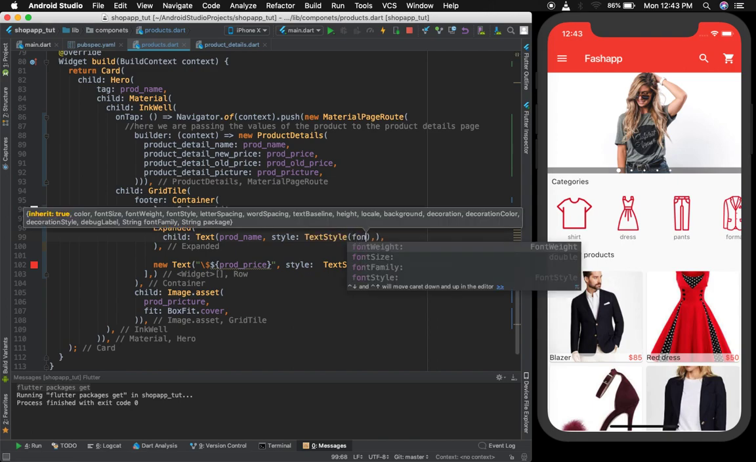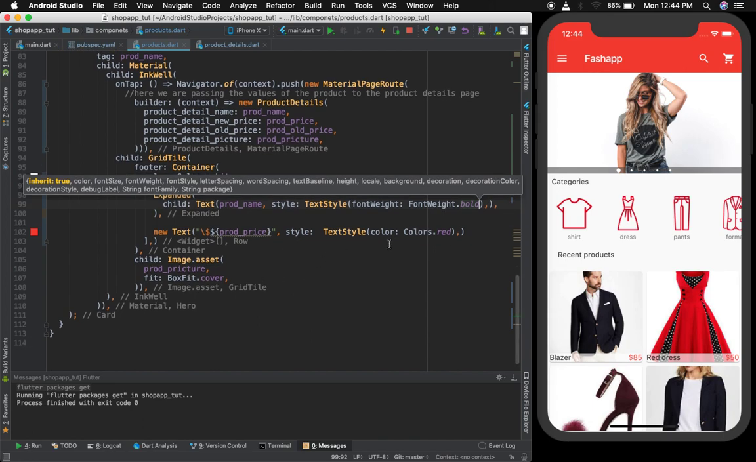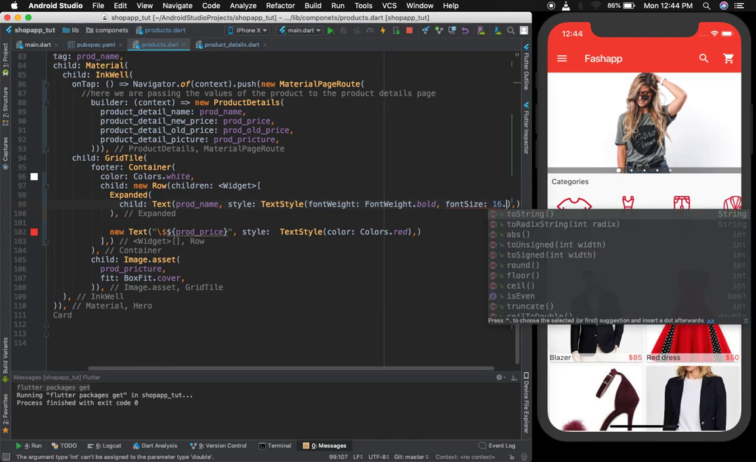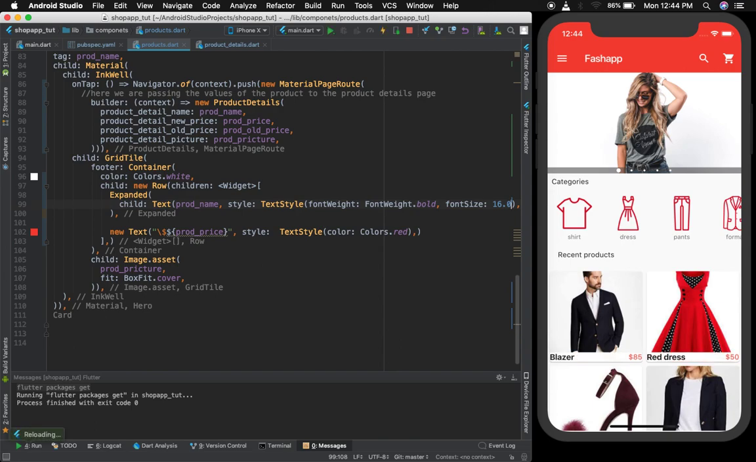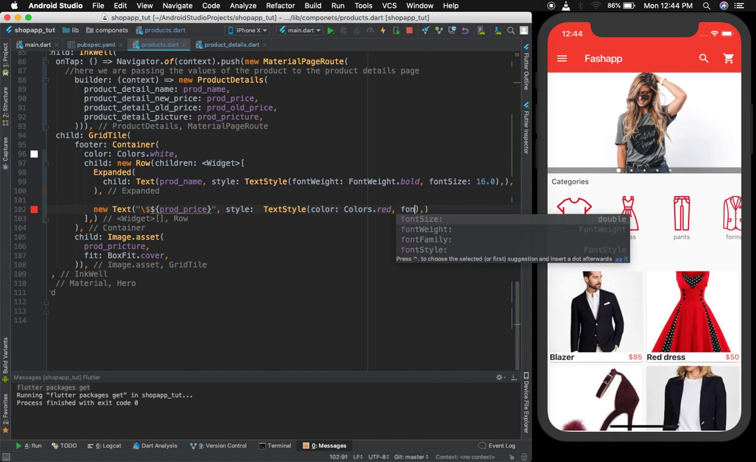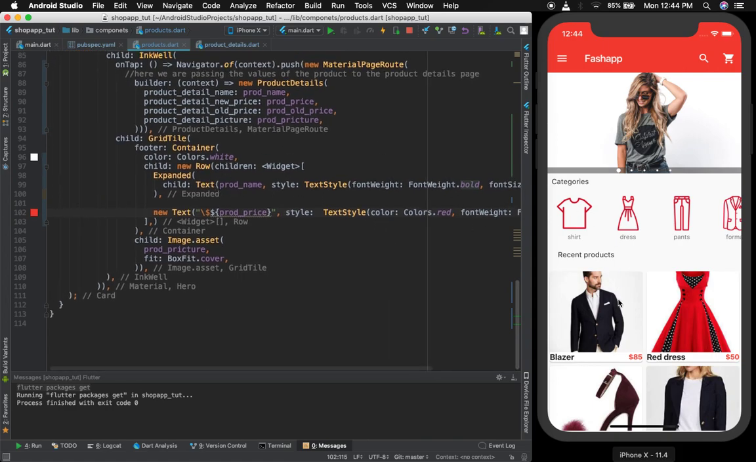style, and going to give font weight. I need it to be bold. And what else can we do? I want to change the size as well. Font size, let us give it 16.0. If I control save this, okay, and for the price I want to give it a font bold as well. So font weight is going to be font dot bold. Okay, so we did have our UI modification here,